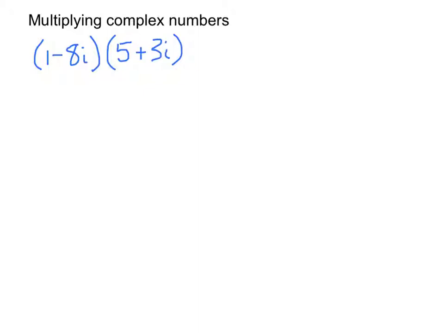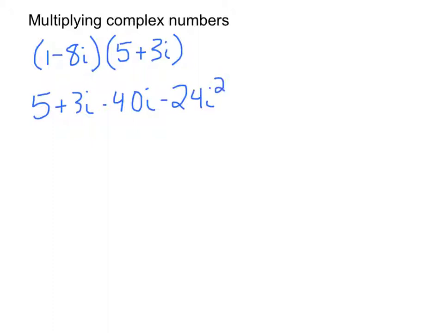So I'm going to start doing this now. I'm going to take my first part. I've got 1 times 5, which is going to yield me 5. My next part, 1 times 3i, is going to yield me a positive 3i. Okay, now I've done with my 1. Now I've got to distribute this negative 8. So negative 8i times 5 is going to give me a negative 40i. And my negative 8i times 3i is going to yield me negative 24i